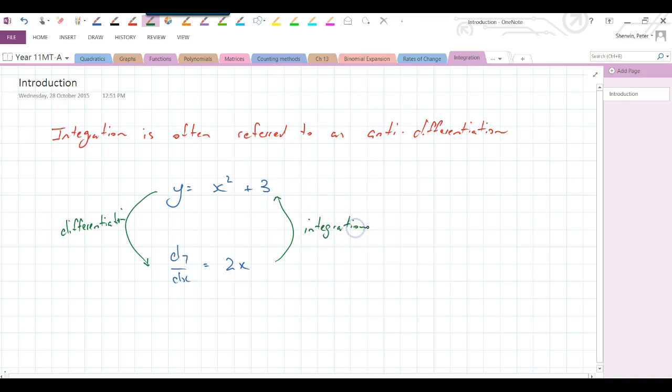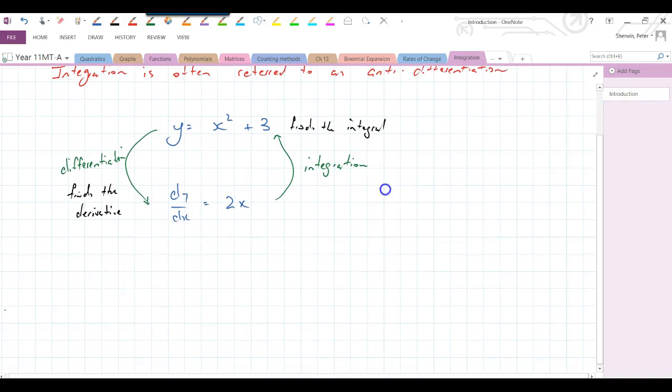So now we've got the derivative function equal to 2x. What's its integral? So differentiation finds the derivative. This is some language here: this is called the derivative. Integration finds the integral. So the integral is x squared plus 3, although as you'll find out as you do this,